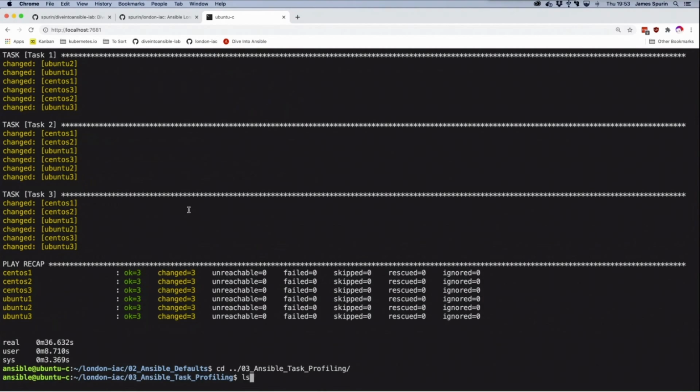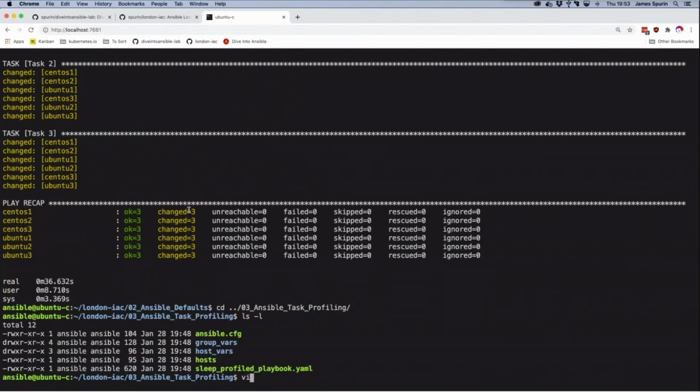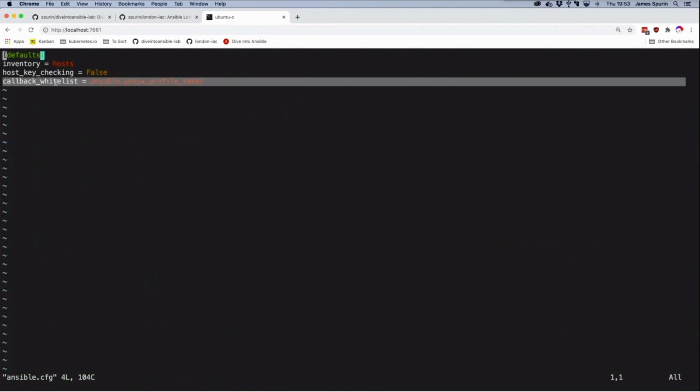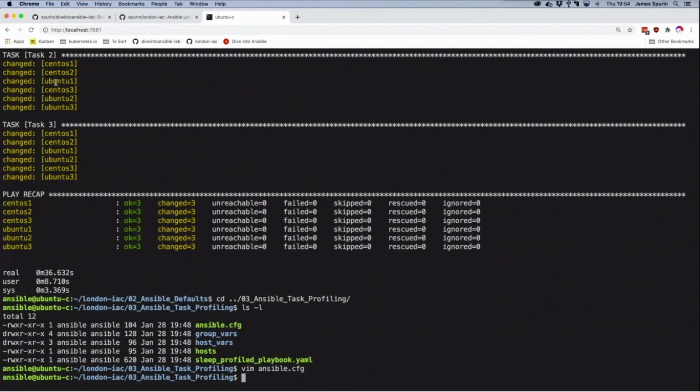And this is actually quite simple. We've got this callback whitelist. Callbacks in Ansible allow you to add additional functionality. And here we're using the Ansible collection, ansible.posix, and we're using profile_tasks. And again, it's the same playbook as in the previous one. It's just got a different name. And if we run this now,